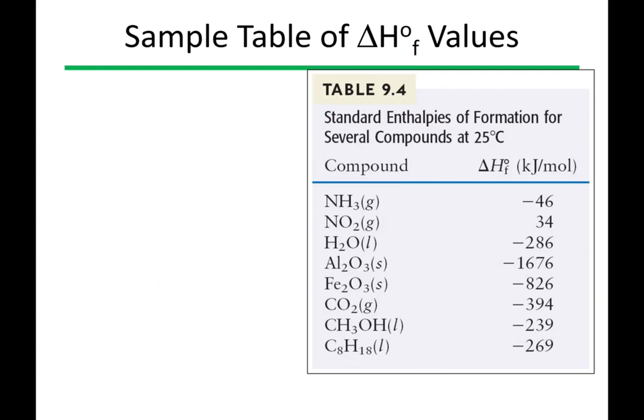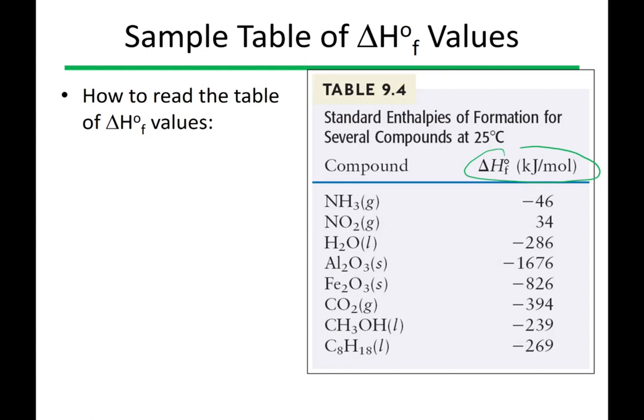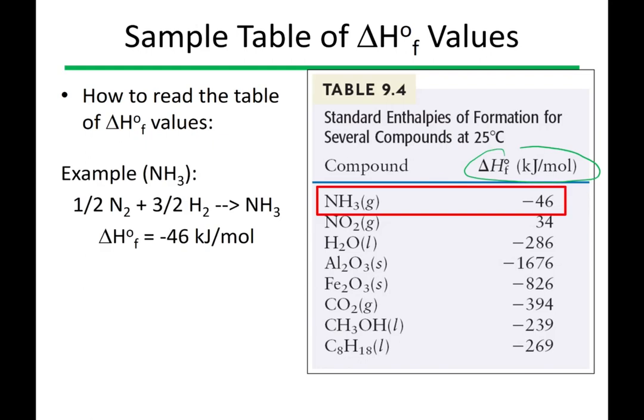So let's look at an example of tables of standard Hf values and how to read these. So if you look this up in your book, you'll see something like this. It gives you the delta Hf for a bunch of different species. Now we need to think about how to read this more precisely. So, for example, if we're looking at NH3, because the standard heat of formation means we're forming exactly 1 mole, that means if we're writing this equation, we'd have 1 mole of NH3 in the products, and we need to